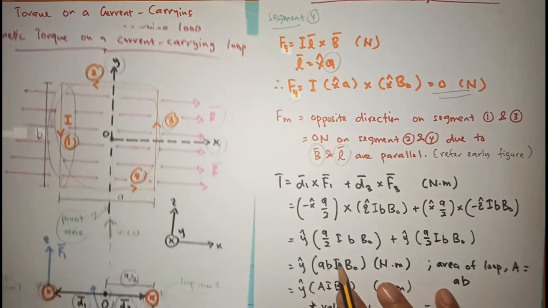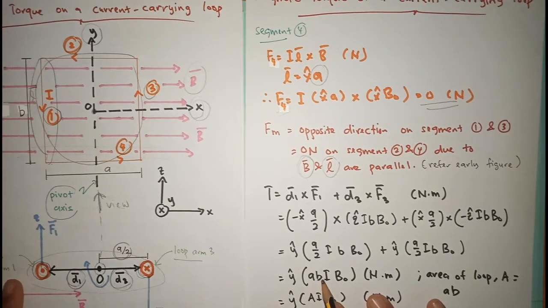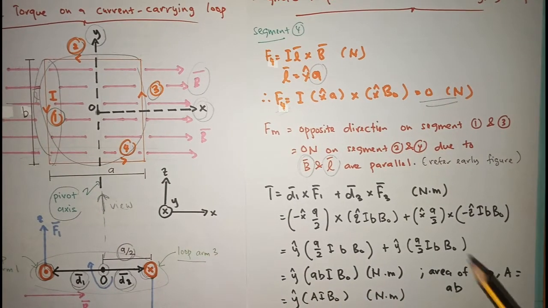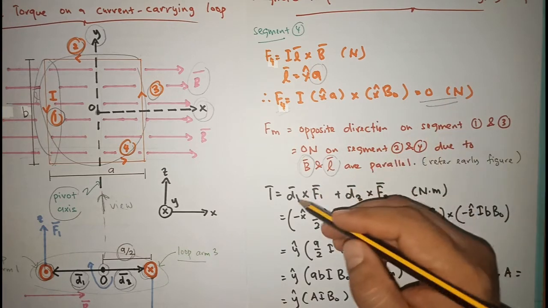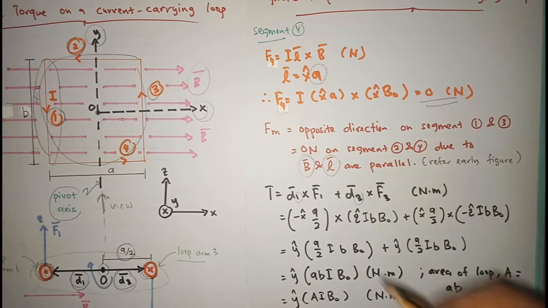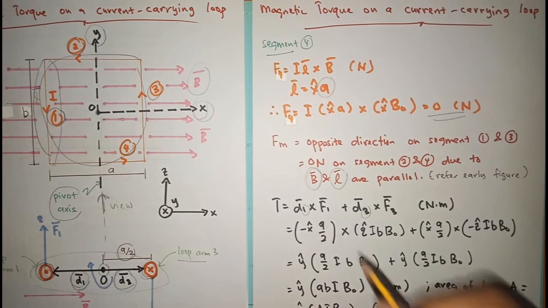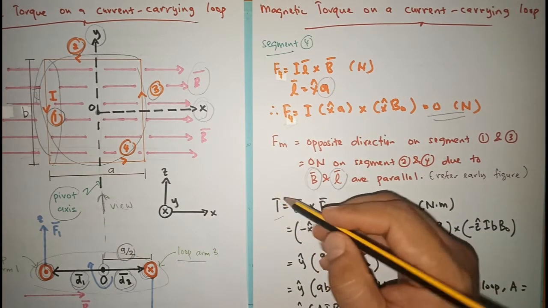Because the force on segments 2 and 4 becomes 0, we will only consider the force produced on the first and the third segment only. So we will have the vector T,